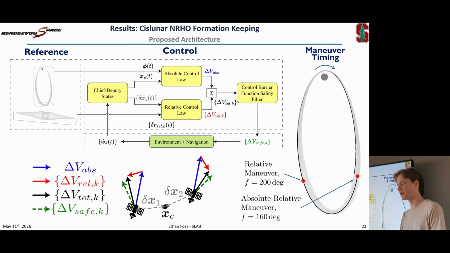The last thing I'll mention is that we need to be a little careful about how we consider the maneuver timing for the NRHO. This might be a little bit confusing for someone who's familiar with Keplerian motion and how you would control an absolute orbit in that sense. The difference here with NRHO is that we often perform the orbital corrections at apolune as opposed to perilune. The main reason is that navigation errors are usually significantly larger at perilune, and that mandates that we do these maneuvers at apolune in order to make sure we aren't incorrectly maneuvering our system.